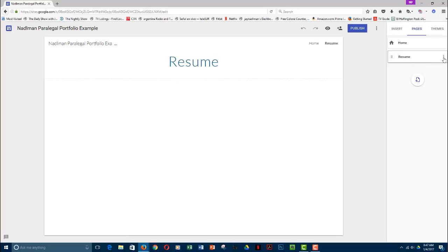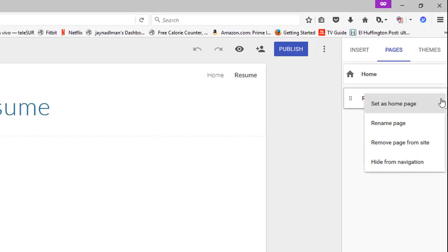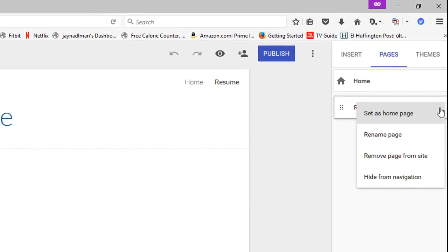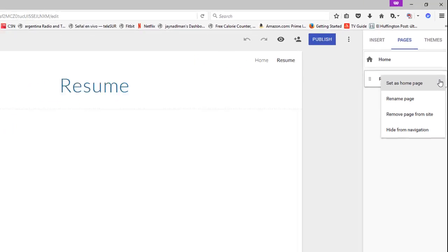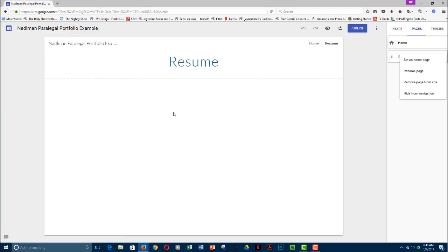If for some reason I've made a mistake or I don't like the name, if I come to the right, click on the three dots, it gives me the option to make this my home page, to rename the page if I wanted to give it a more thorough name like J.M. Nadelman's Resume, or I can remove the page from the site, or I can hide it from navigation if I choose to do so. But this is the page that I want to work with,